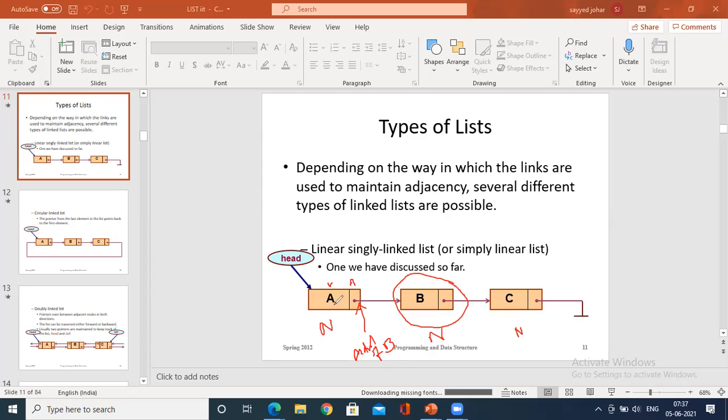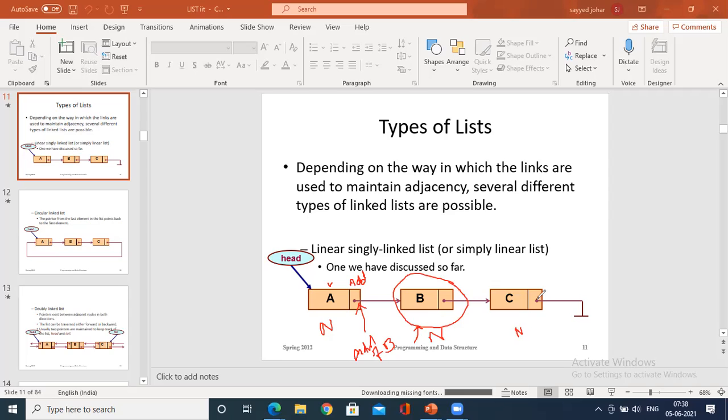A. Then one more compartment comes, the address. The address shows where exactly it should be linked. That is why it is called a linked list. This address connects to the address of B. The address of B is directly linked to the node called B. Address means its house, that is a node. Similarly, this contains the address of the node called C, so it is being connected.